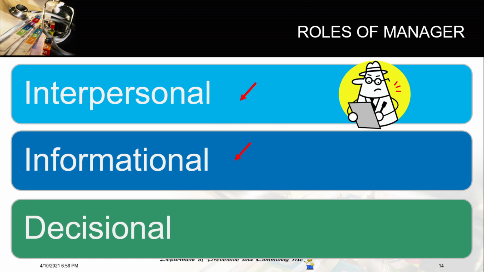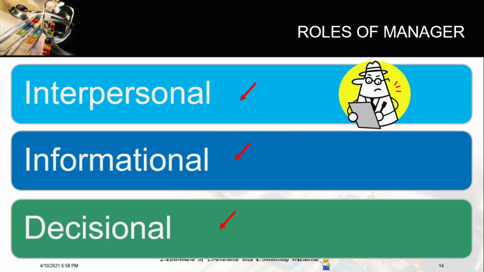He is a spokesperson. Managers represent and speak for their organization. In this role, he is responsible for transmitting information about his organization and its goals to the people outside it. For the decisional category, the managerial roles in this category involve using information. The manager is an entrepreneur. As a manager, he solves problems, generates new ideas, and implements them.